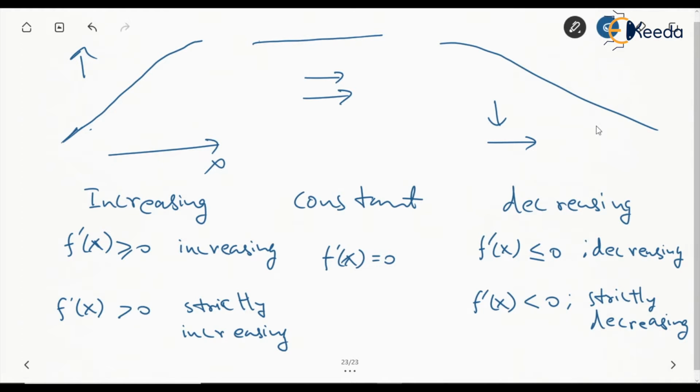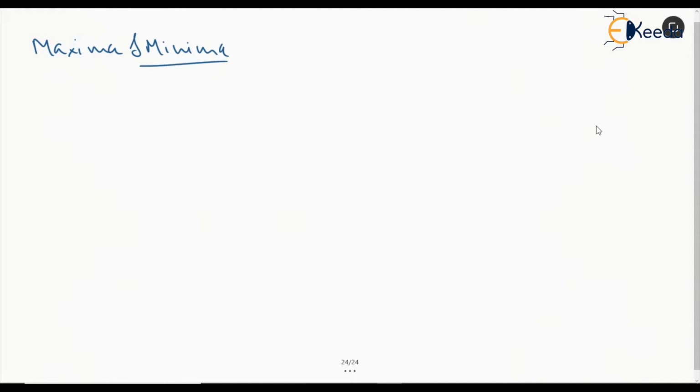Now let's talk about maxima and minima. Of course, considering all the same conditions, like f of x is defined for an interval where it is continuous and differentiable, then if we are taking a certain point C, of course in that region, if the function value around that C